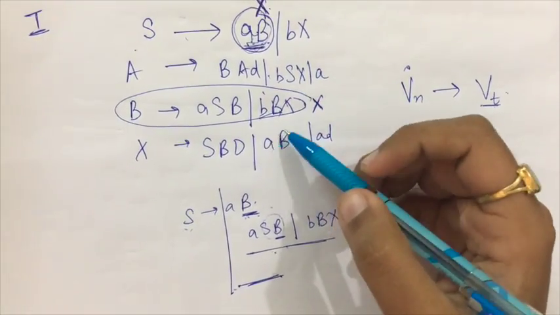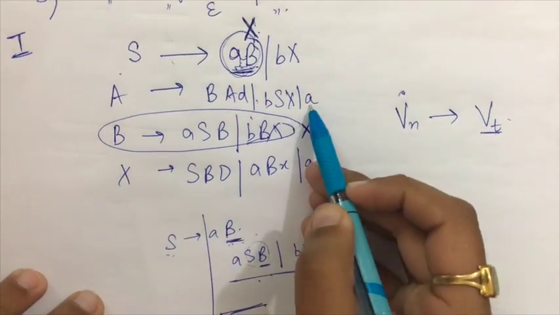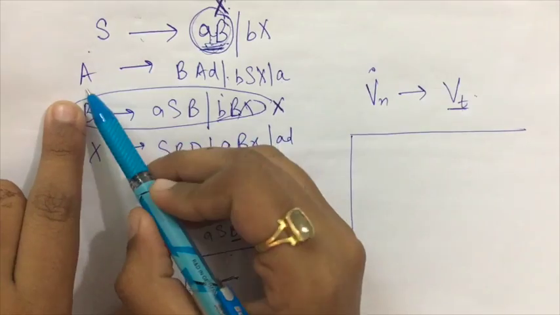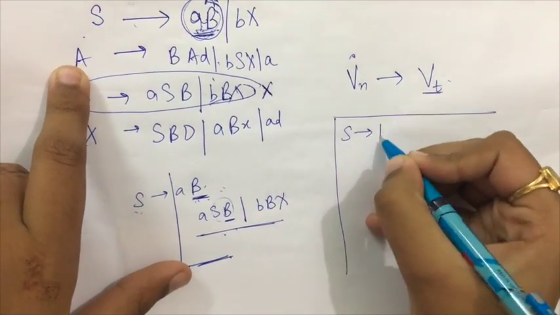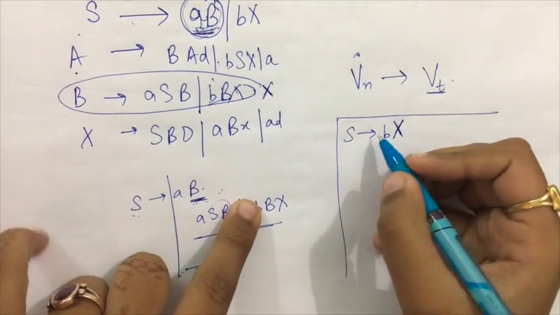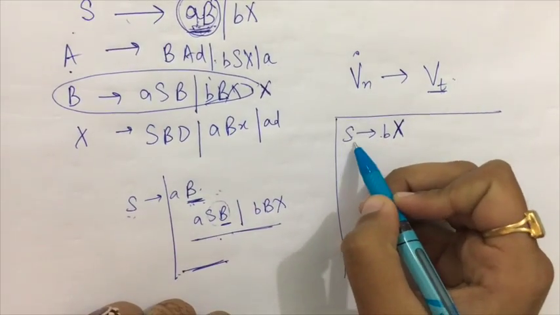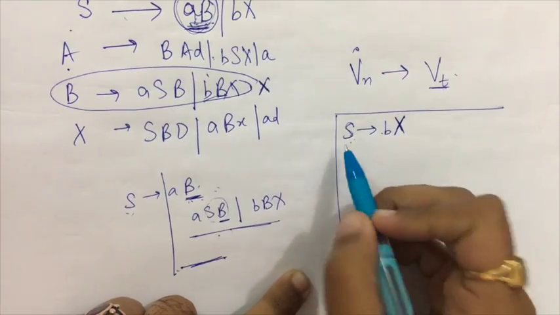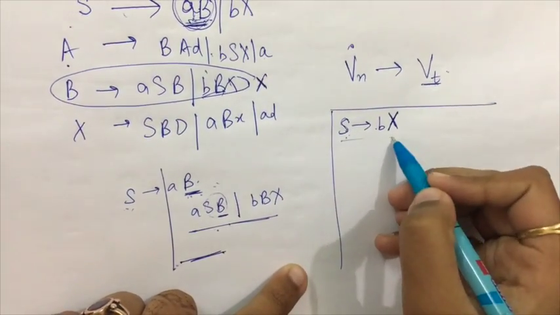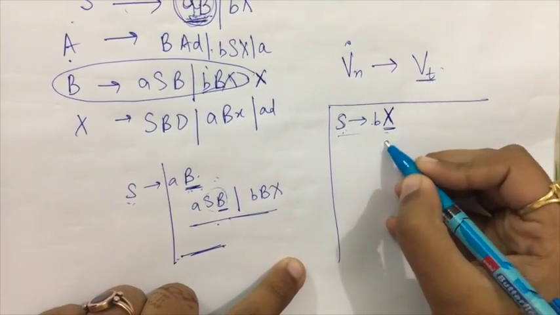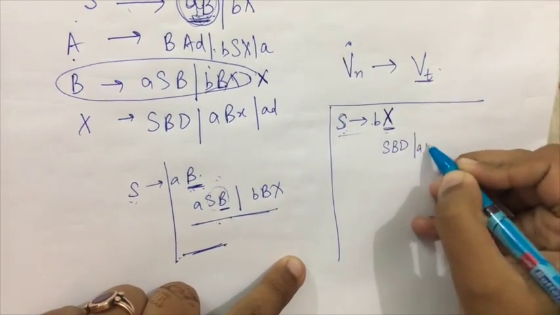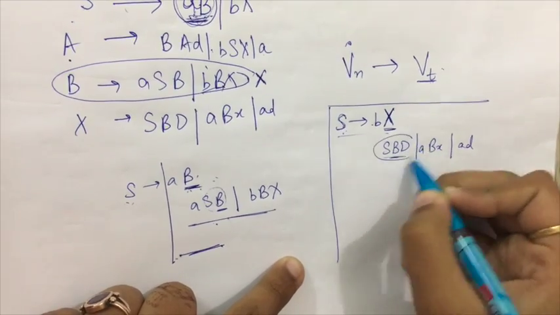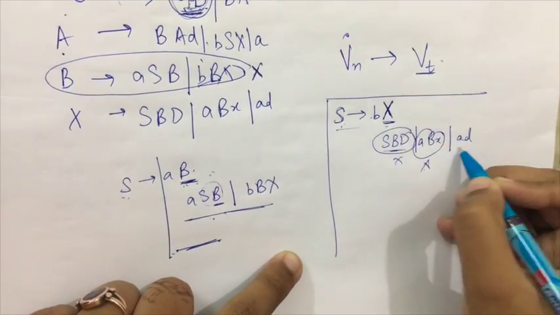Then furthermore, I move on to A gives me A. Okay, so when I look at this, you also see now S is only BX. And you always know that my starting symbol is S. So no way from S can I reach A. A can never be reached. That means I have to start from here. Now suppose X. Now what is X? X is SBD or ABX or AD. Now I know that this B has no existence, so I will even cross these ones. Okay, so X is only AD.